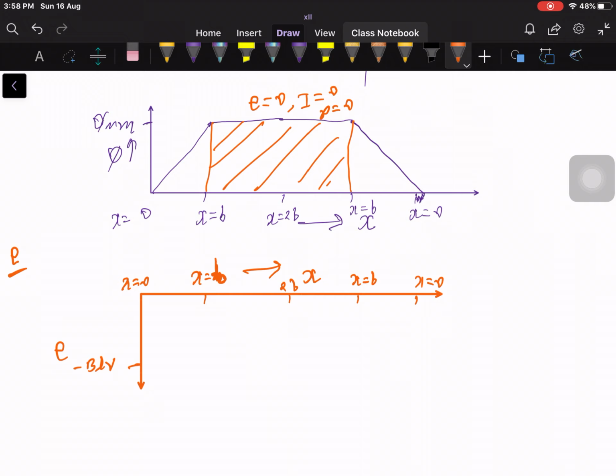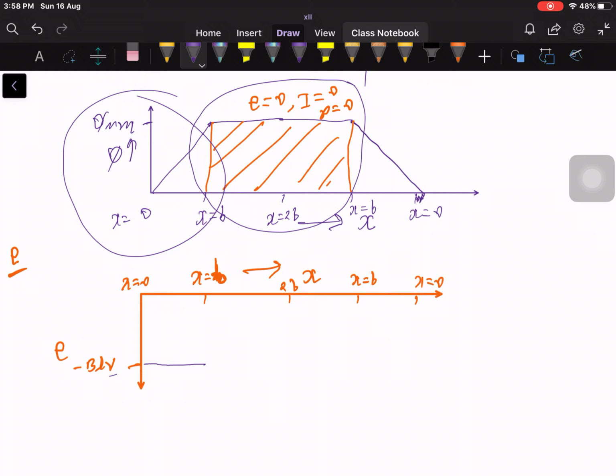Okay, so now initially when flux is changing, you can refer to the previous graph. When flux is changing, induced EMF is constant, that is BLV. V is constant, so BLV is constant, so it will be like this. And when the arm PQ reaches B, then onward flux change stops. From this graph, in the second region, induced EMF will be 0. How long is it 0? When it is reaching 2B, up to that point it is 0.